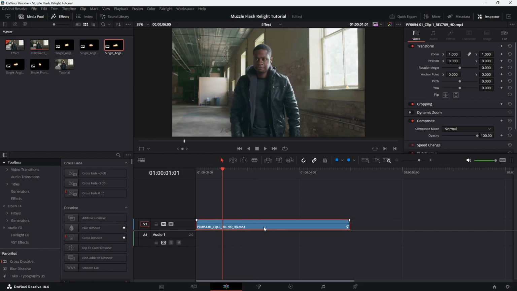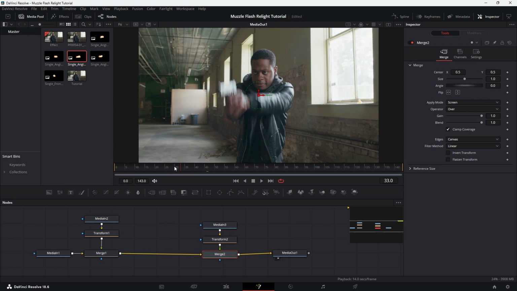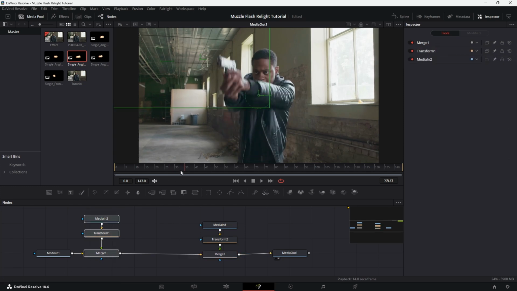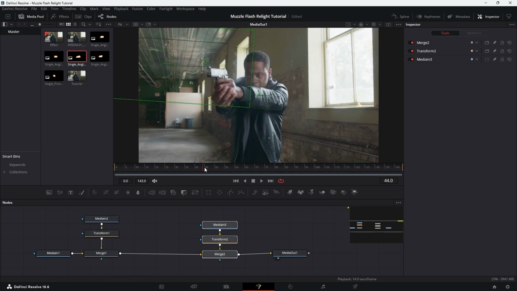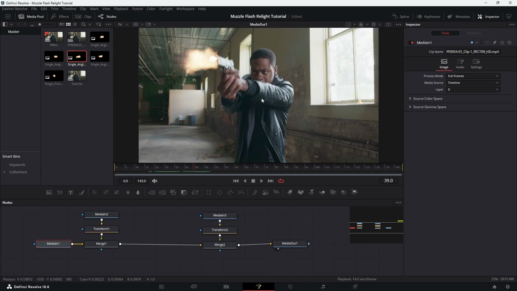So to start with, I'm going to have the clip selected and my playhead over it, then head over to the Fusion page. As you can see, I've got these nodes here. This is the first muzzle flash, which is on frame 39, and this one here is the second muzzle flash on frame 46. What we're going to do to relight the actor's face is select the media in node, which